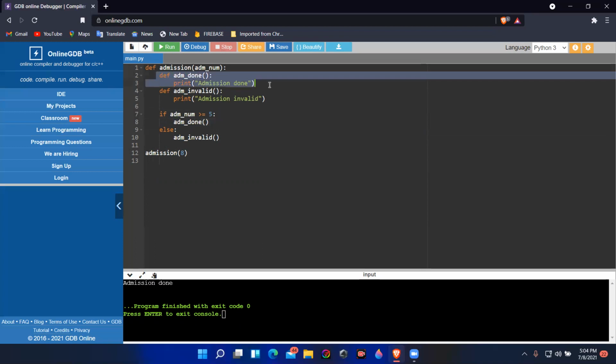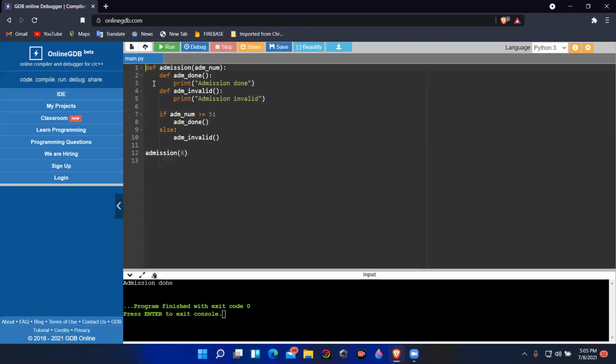It will come up here and do this part, and that will be it. Correct. So as you have passed 8 here, it will be copied to this add number. The compiler will read the function admission done and admission invalid that you have written, but it waits for the calling of the function. They wait for calling here.